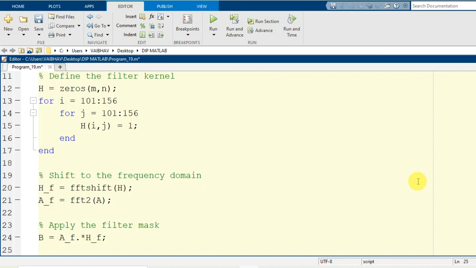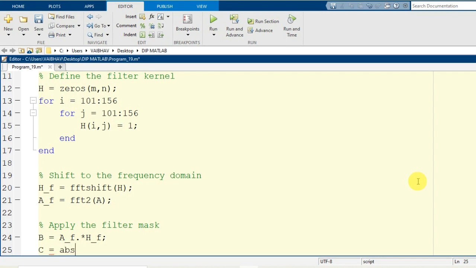So mere element wise multiplication in the frequency domain means the convolution in the spatial domain. As our motive was to have the processing of the image for low pass filtering in the frequency domain, we have shifted it and performed the element wise multiplication with the help of dot asterisk here. The image information after processing should be returned to the spatial domain for proper visualization.